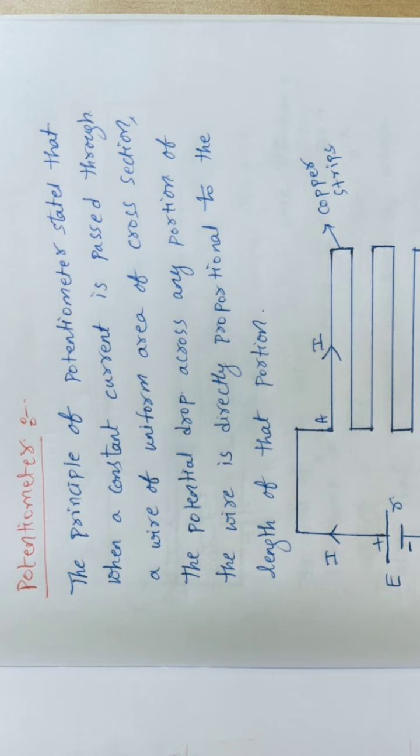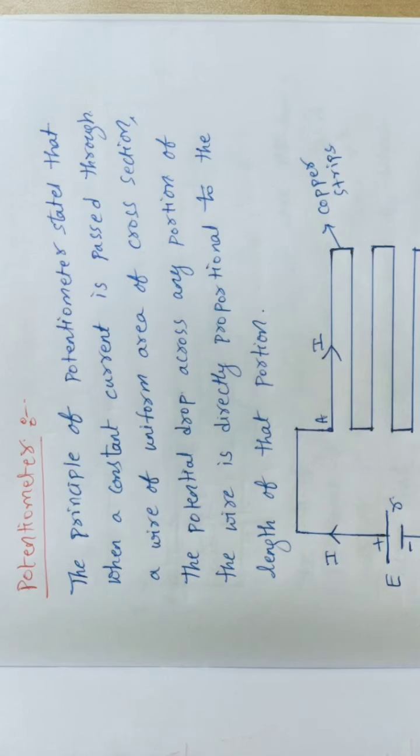See students, now we are going to one more concept, that is the potentiometer. The potentiometer is a device useful for finding the comparison of EMF of the given cells. And also by using the potentiometer we can find out the internal resistance of the given cells. So for what purpose is the potentiometer useful? It is useful for comparison of EMF of cells, and another thing is finding the internal resistance of a given cell. That we can obtain by using the potentiometer.